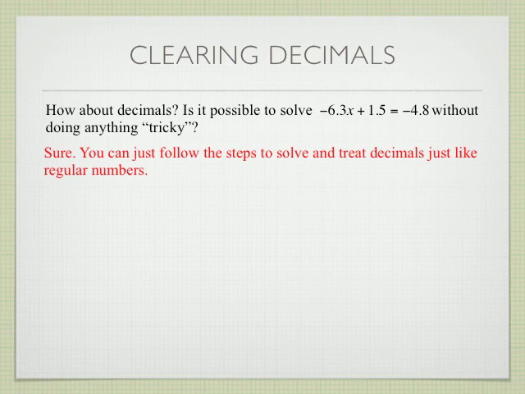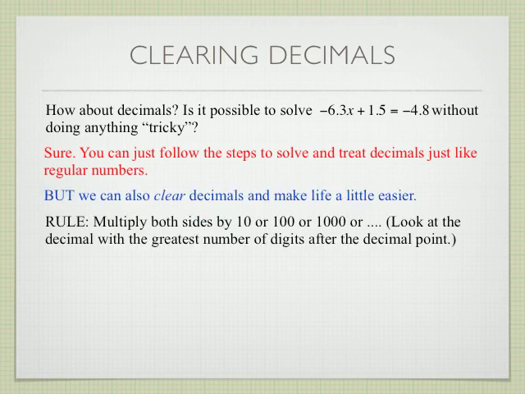So if you'd like to clear the decimals, what can you do? Okay, my rule is I'm going to multiply both sides by 10 or by 100 or by 1,000 or however big of a number I need so that I can clear all the decimals. I look at the decimal with the greatest number of digits after the decimal point and I multiply by 1 with that many zeros. So if there's only one digit to the right of the decimal point, then I'd multiply by 10. But if somebody has 4 digits to the right of the decimal point, I'd multiply by 10,000, or 1 with 4 zeros. So for this problem, there's only one digit to the right of the decimal point, and